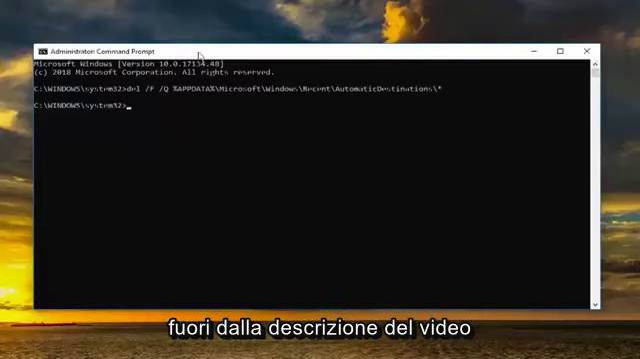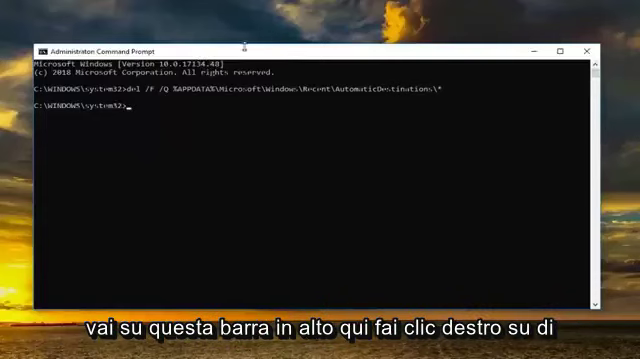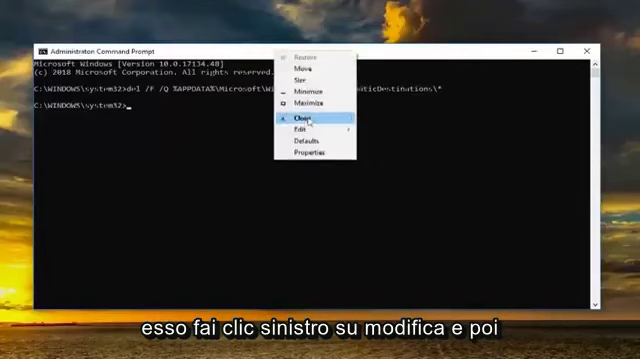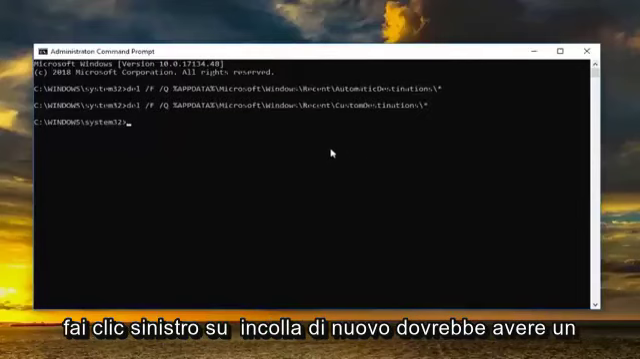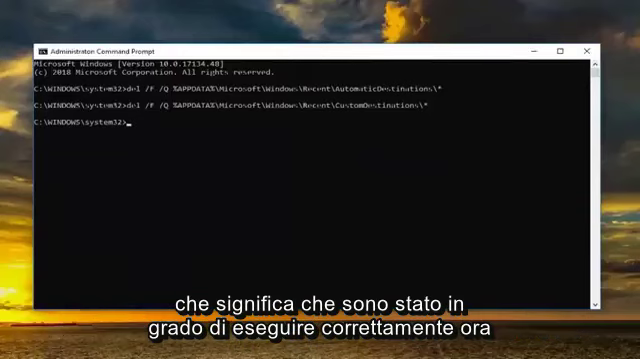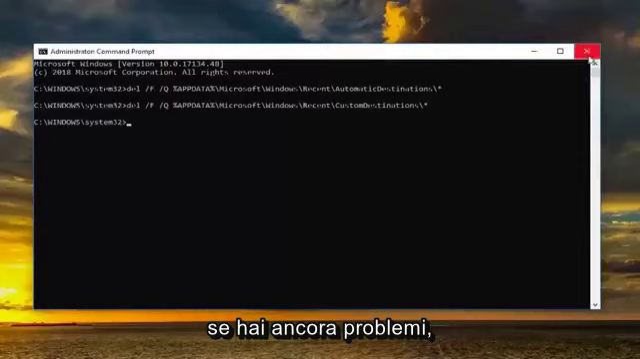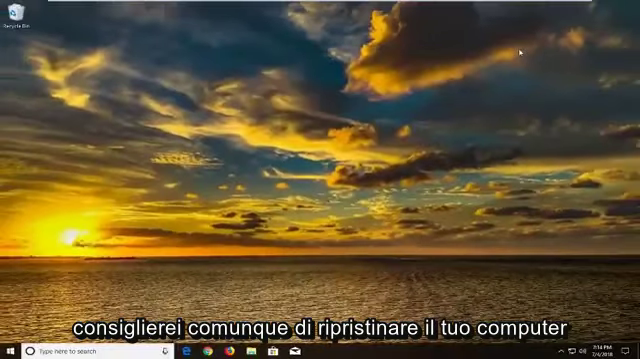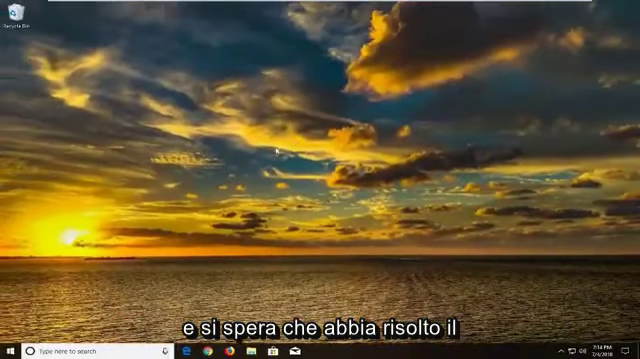Next one, you want to again copy out of the description of the video, go up to this top bar here, right click on it, left click on edit, and then left click on paste. Again, it should have a blinking cursor underneath, meaning that it was able to run successfully. Now, if you are still having problems, I would still recommend restarting your computer, and hopefully that has resolved the